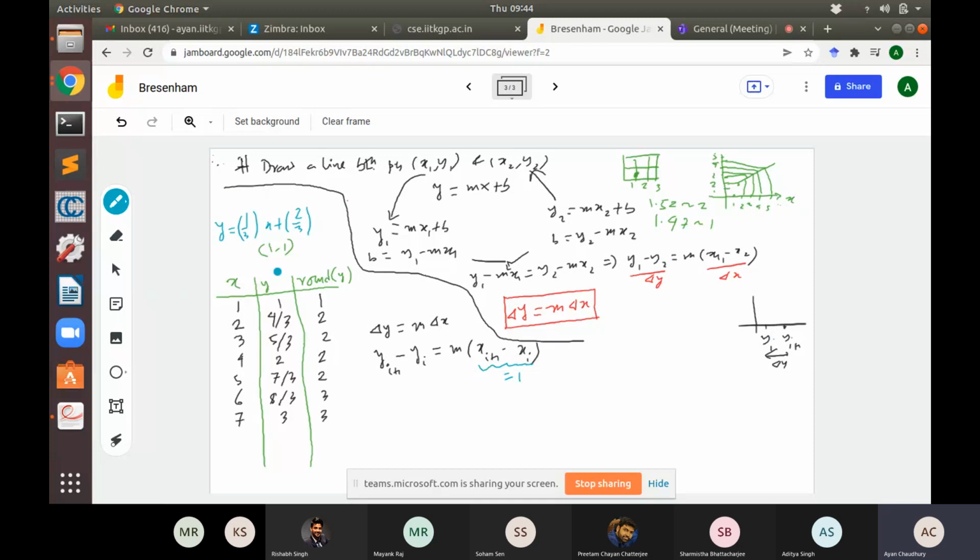So if I put 1 here, then yi plus 1 is equal to m plus yi, right? Now the problem is that if m is greater than 1, the traced line will not be